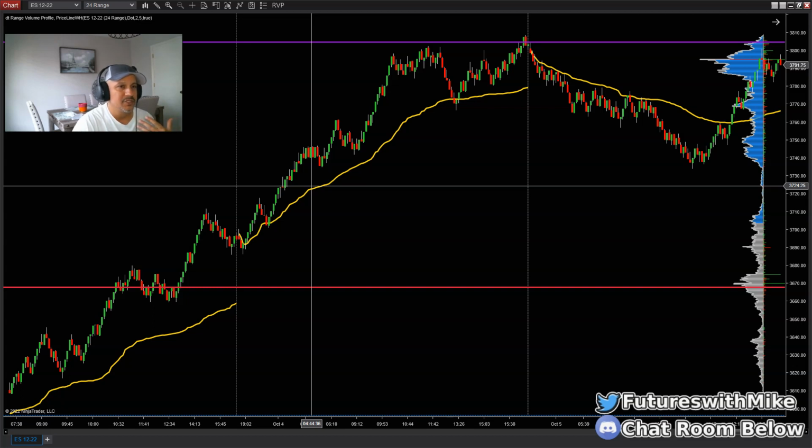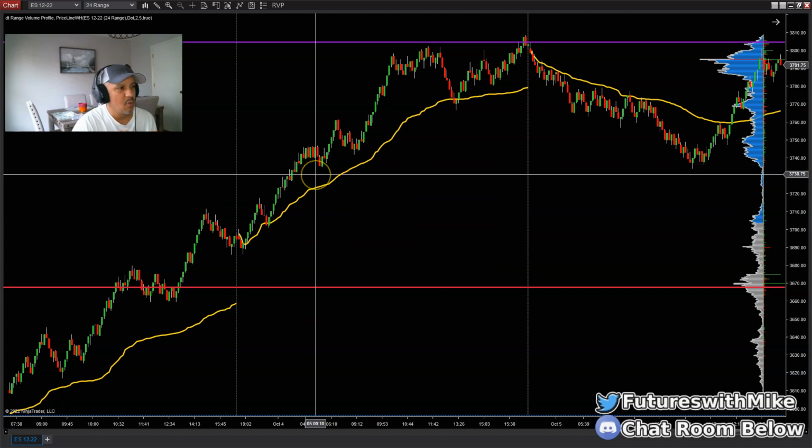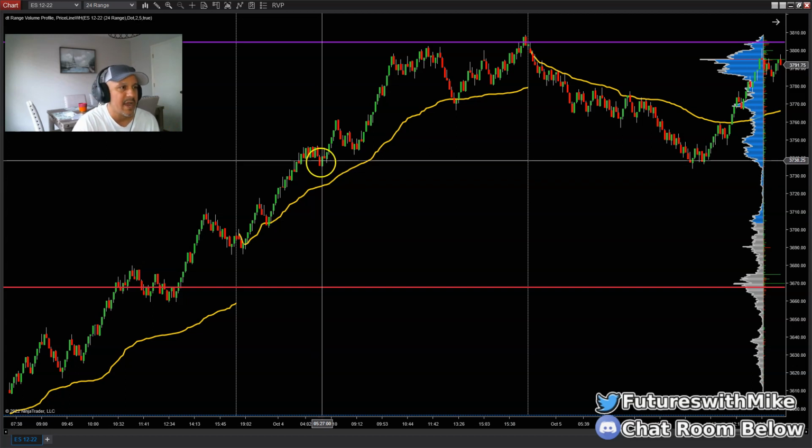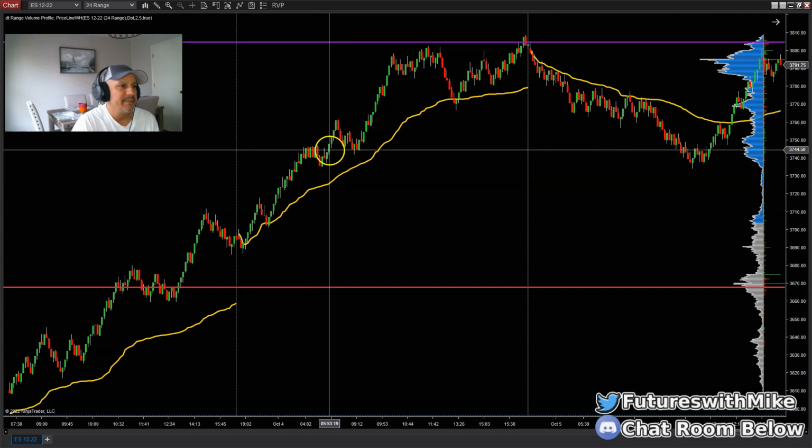That's why I do have it added to my chart, because out of all indicators, I don't use SMAs, I don't use EMAs, whatever the case is. But if I was a trader that wanted to trade using a particular indicator to keep me in the direction of the market, it would be the VWAP, and that's why I have it here, because I do use it as a means of confluence in my own trading. Okay, I'm not saying I place heavy weight on it,